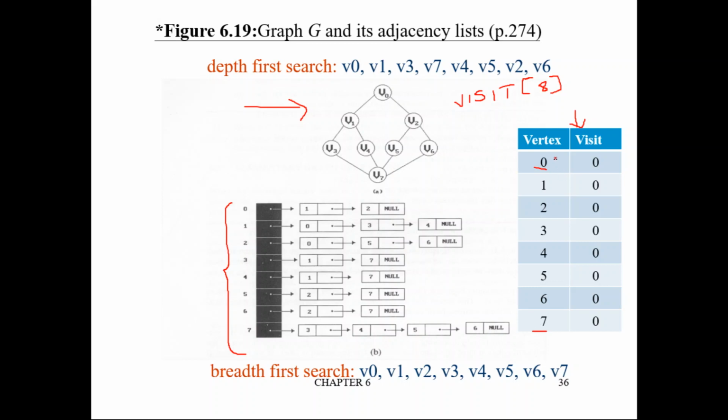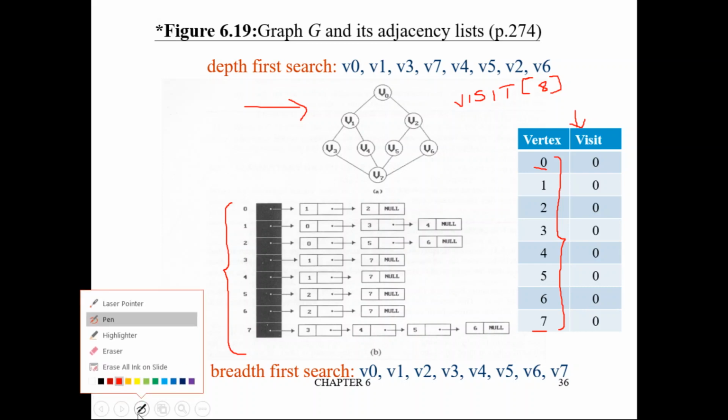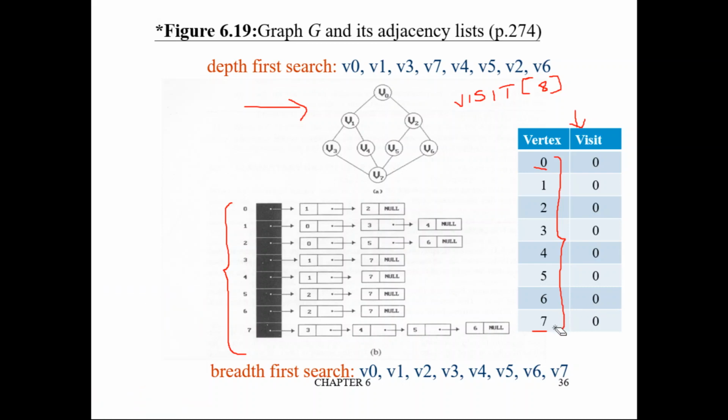Okay. Initially, before starting the depth first search traversal, you have not visited any nodes. None of the nodes were visited. So initially all these entries are filled with zeros. Okay. So what this means is, vertex 0 is not yet visited. If there is a 0, it means it is not yet visited. 1 is not yet visited, 2 is not yet visited, 3 is not yet visited, so on and so forth up to 7 is not yet visited. That is, none of the vertices is visited.